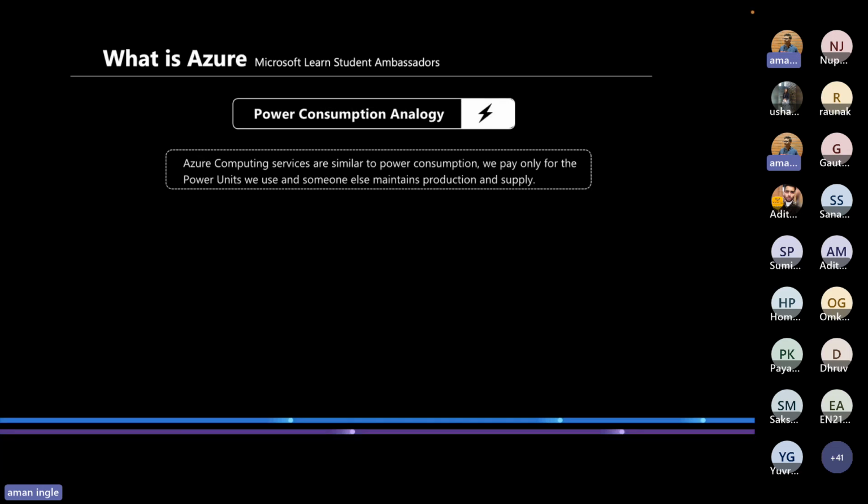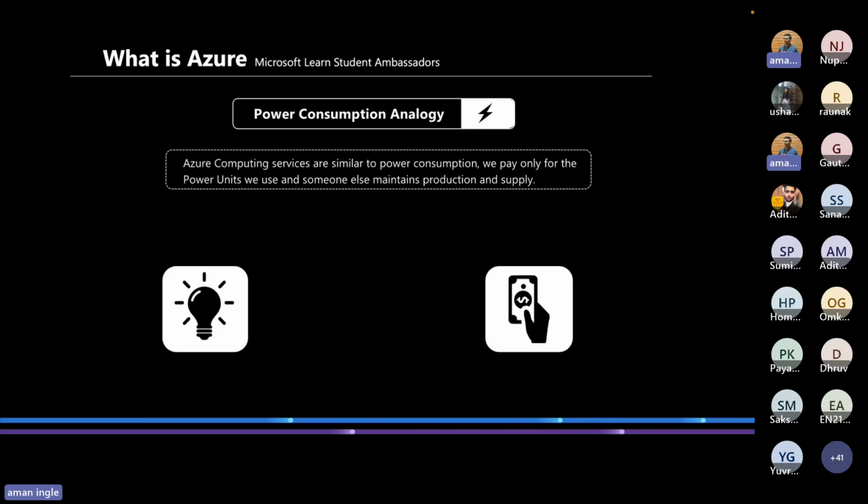ठीक है। तो आपको उसकी टेंशन नहीं रहेगी कि कंसिडर बिजली का एक आधा पोल गिर गया, कभी किसी टाइम बिजली नहीं आई, किसी टाइम कुछ भी प्रॉब्लम है, तो उसका टेंशन आपको नहीं लेना है, वो कंपनी लेगी। जस्ट लाइक एज्योर भी ऐसा एक क्लाउड कंप्यूटिंग प्लेटफॉर्म है। आप सिर्फ जो सर्विस लेंगे सिर्फ उसके ही पैसे देंगे, बाकी आपको मेंटेनेंस वगैरह का कोई प्रॉब्लम नहीं रहेगा।